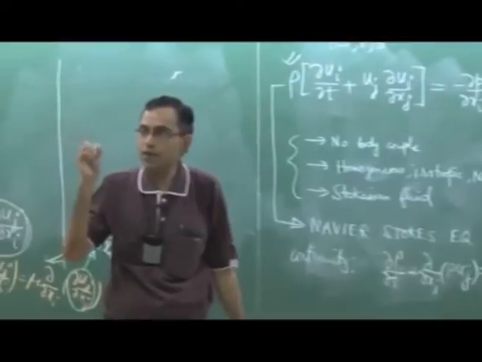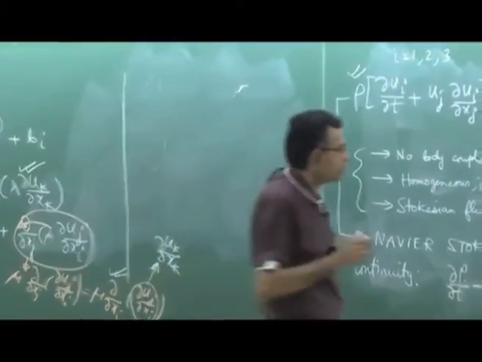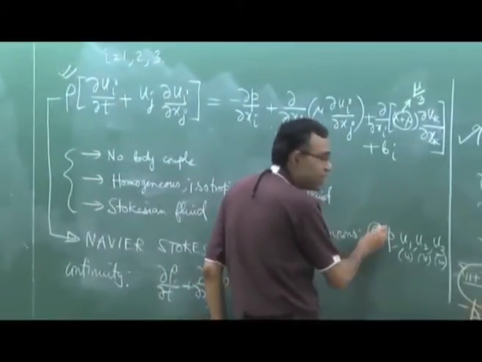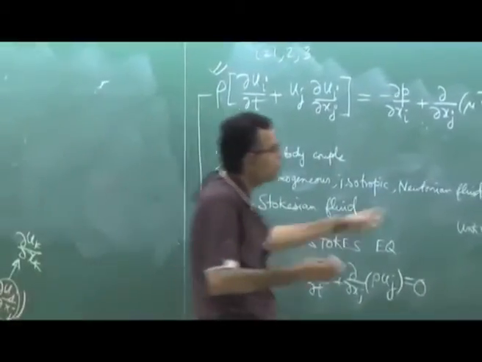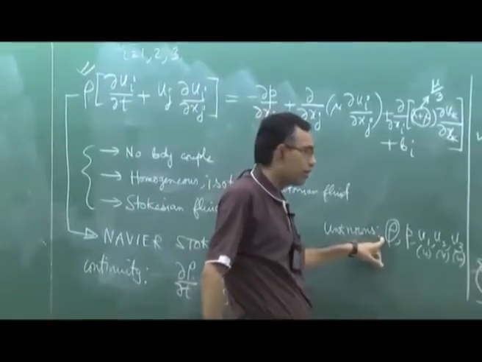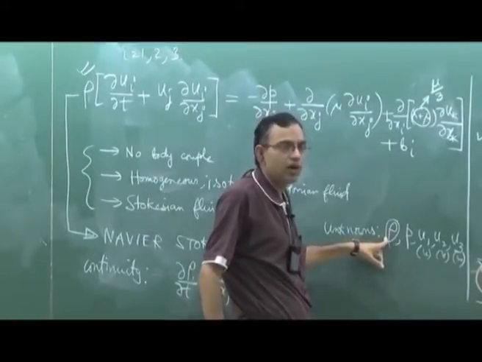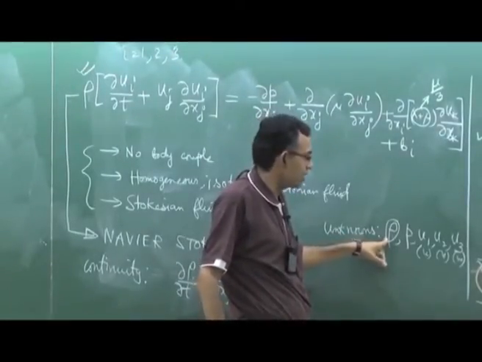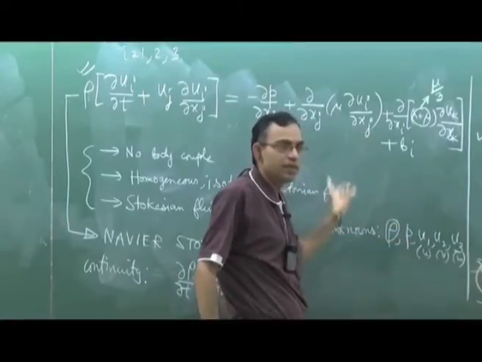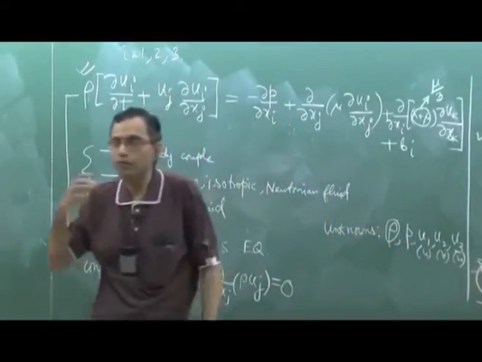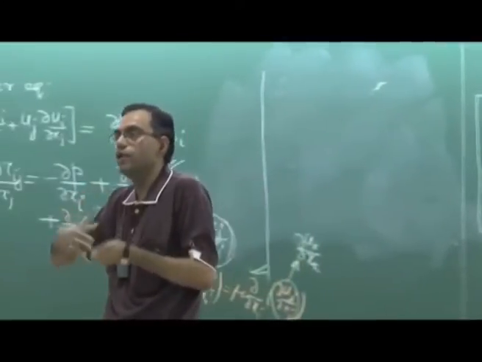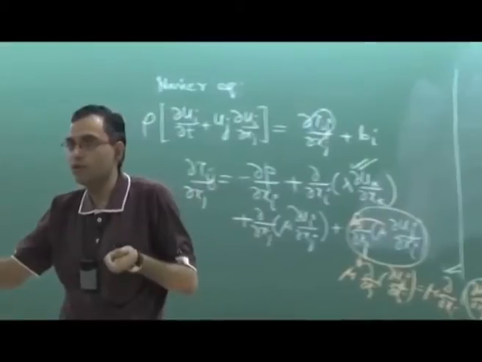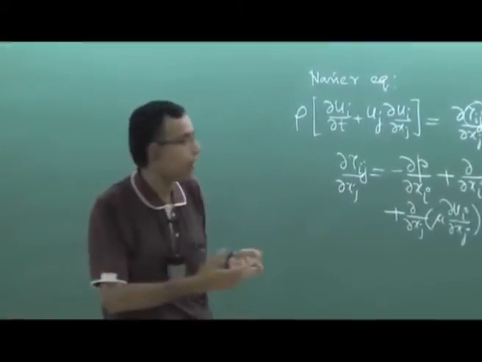In a special case, the system closes when the density is a constant or given. It may be a constant, may not be a constant, but some given function. So if rho is given or rho is a constant as a special case, then this system is closed. So then you can solve for the velocity field by using the continuity and the momentum equation. Momentum equation eventually becomes Navier-Stokes equation.